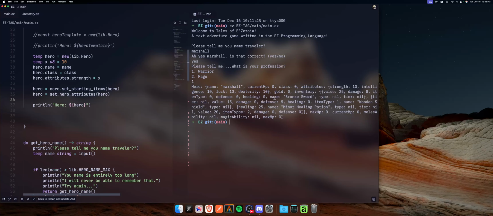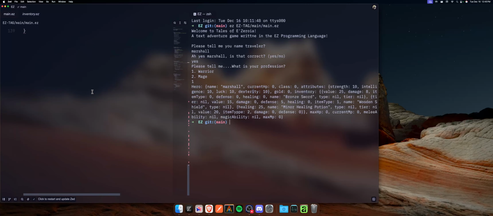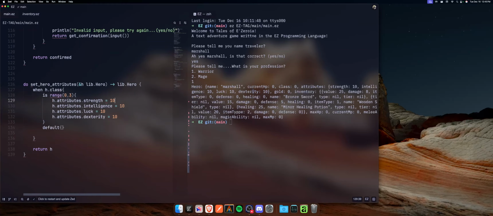All right. And there we have our default values is nil because we didn't assign that. And there we have our intelligence, luck, strength, and dexterity set. Okay, so perfect. So strength we'll set that to